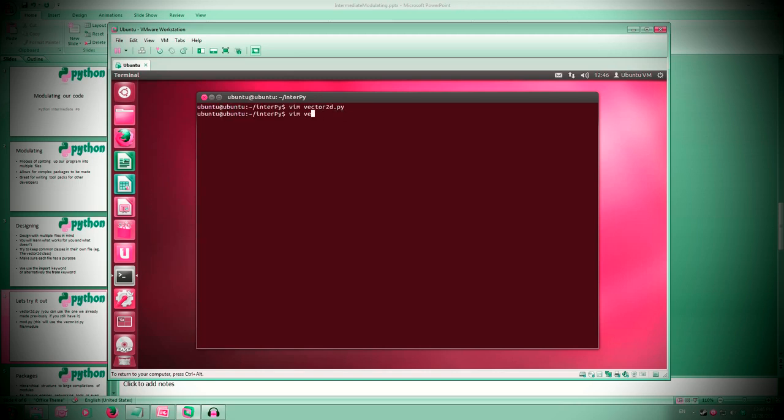So I'll save that. Now I'm going to create one more file, which is going to be the mod.py file. And in here we're going to import our vector2d module. So we're going to go import vector2d, and now that that's imported, we can start writing our main function. So we'll go def main,